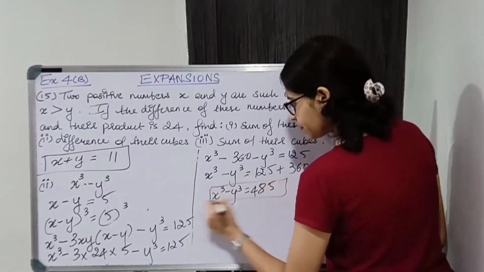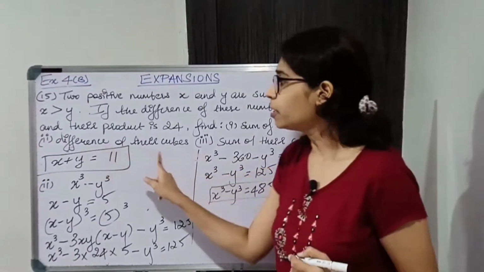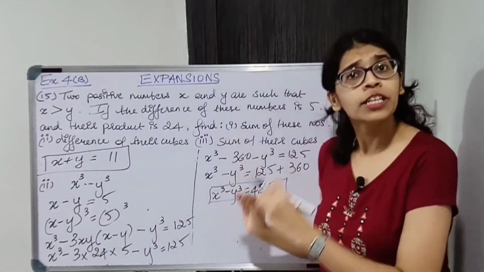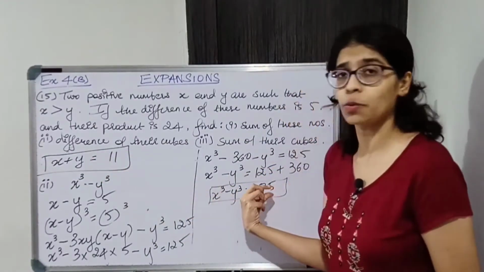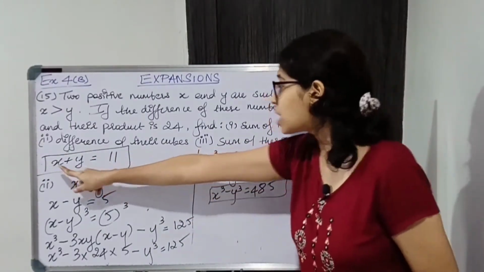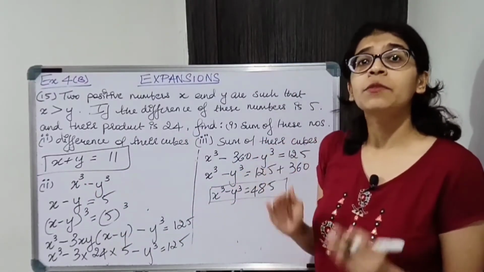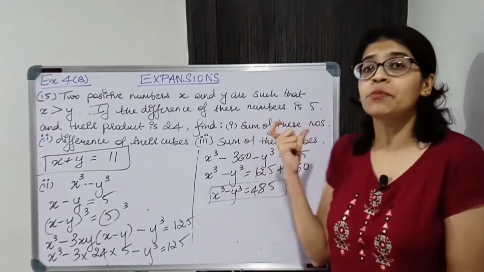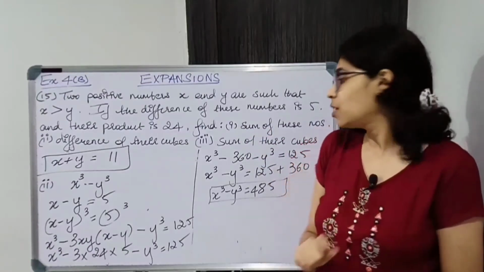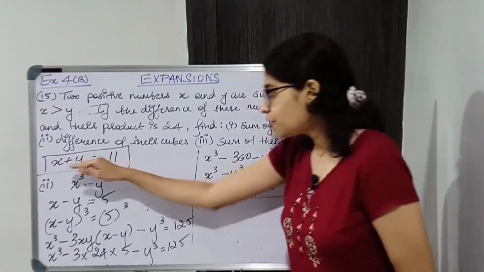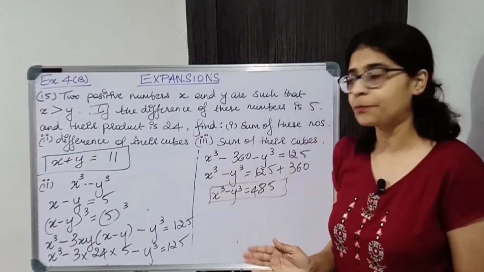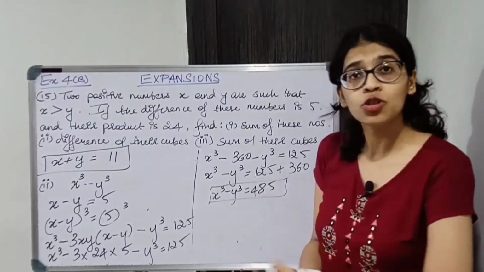Okay, box this. So we got the difference of their cubes, so write down the final statement, difference of their cubes is so and so. Also for the first part write down sum of the numbers is 11. Okay, write down the statement because over here you are asked in statement form. Okay, so just to be on the safer side, write it in statement form. Okay, now we got the difference of cubes.